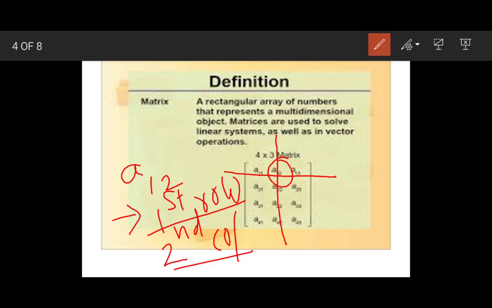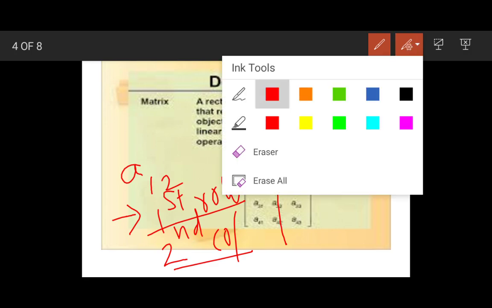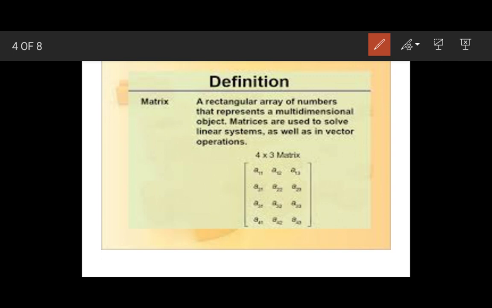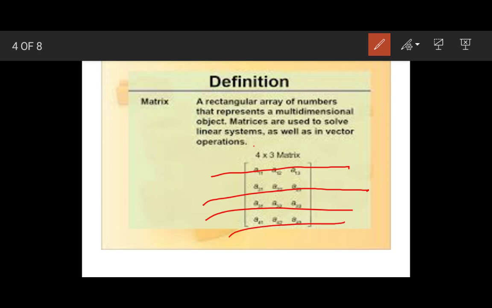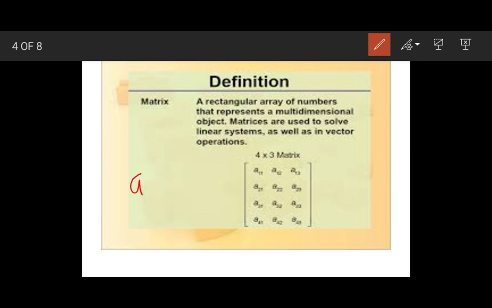So, clear? First, how to find the number of rows: the number of rows are 1, 2, 3, 4. Then find the number of columns: 1, 2, 3. Then write down the elements of the matrix. The elements are a11, a12, a13, a21.